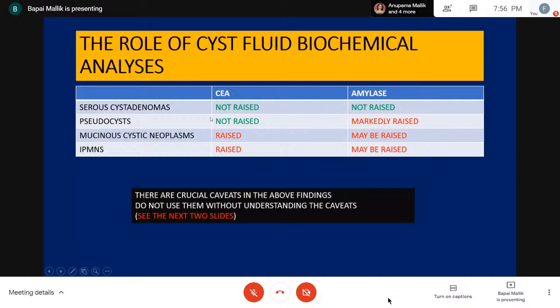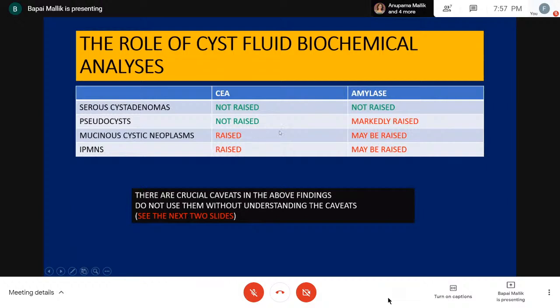In pseudocysts, the CEA levels are typically not raised, but the amylase levels are markedly raised. They're raised to the level of thousands, okay? They're not just slightly raised. In mucinous cystic neoplasm, this is the key, the CEA levels are raised in mucinous cystic neoplasms and raised in IPMNs. So this is the general rule,